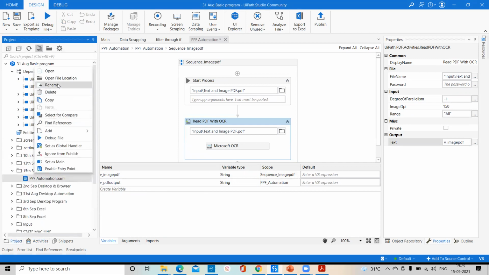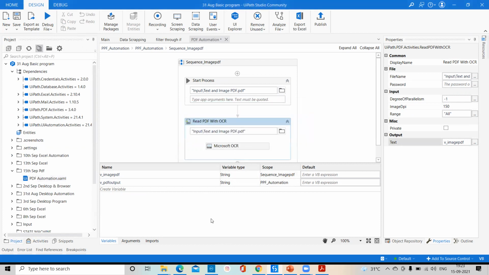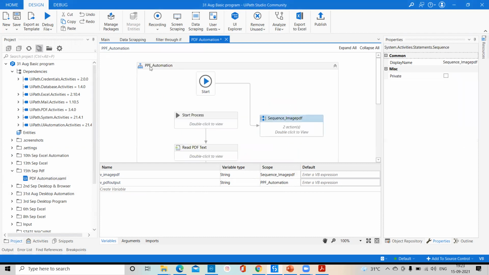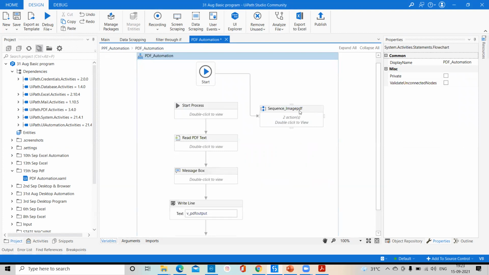Through rename you are able to do it. No, it's already changed, but here it cannot. Okay, so right now we have already changed. Right now here we have taken this sequence image PDF.